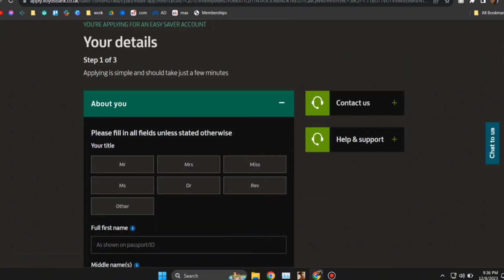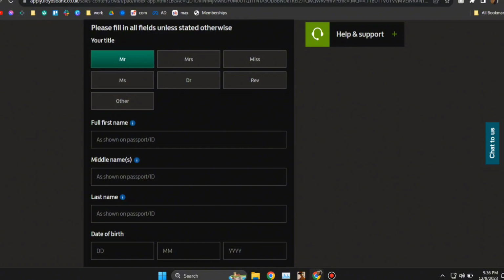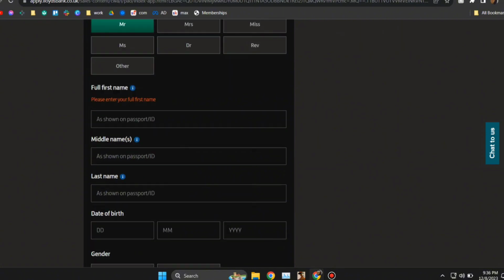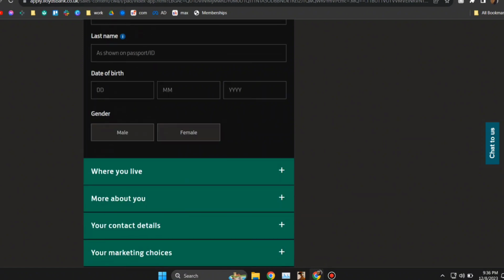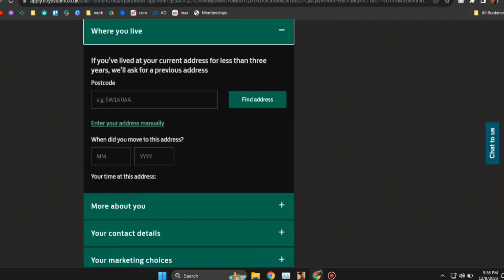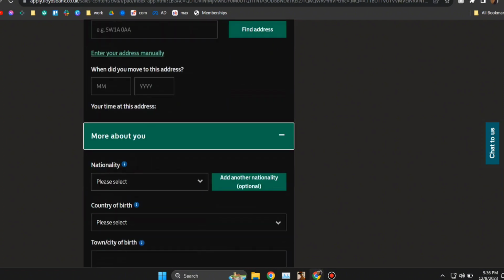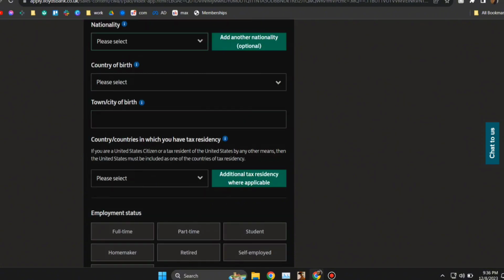So now you put in your details, so Mr. or Mrs., then full first name, and this should be similar to either your passport or like your ID, and then like your middle name if you have one, last name, and then date and everything, male, female. Then it's gonna ask you where you live, and then when did you move to this address, and then more about you, your nationality, your country of birth, your town or city of birth, and then countries in which you